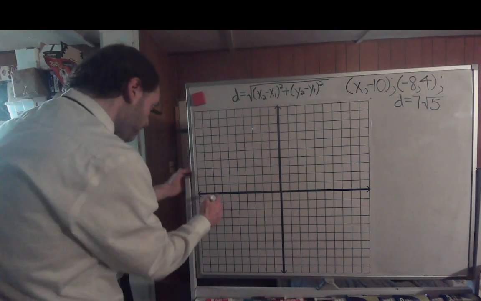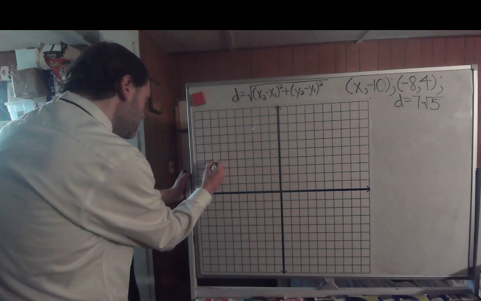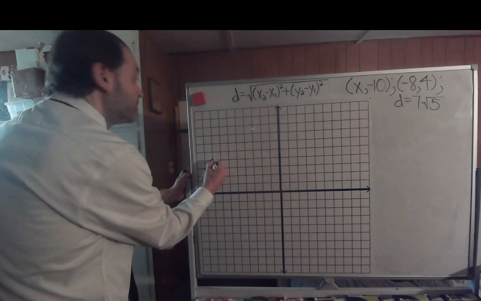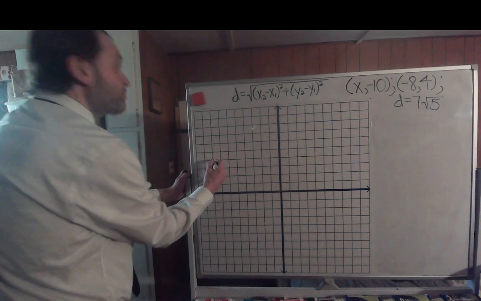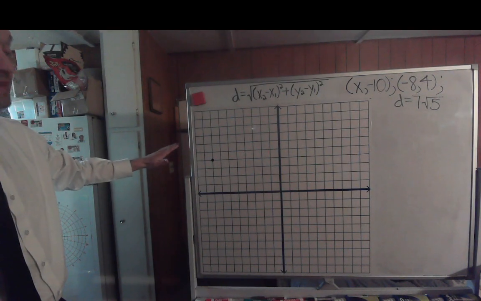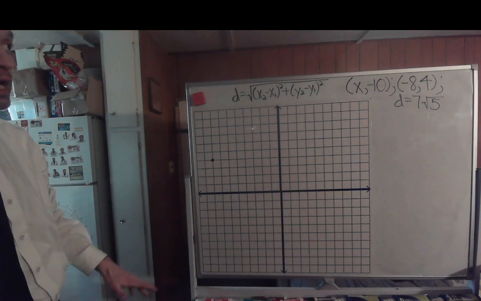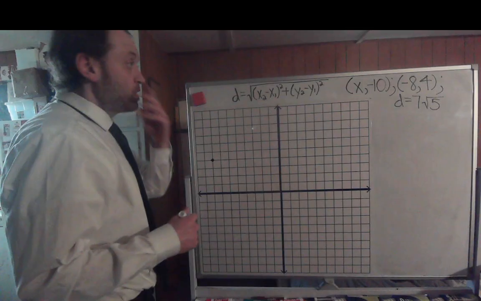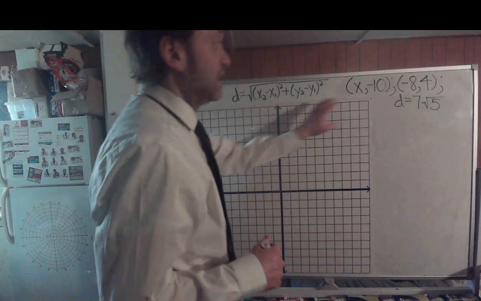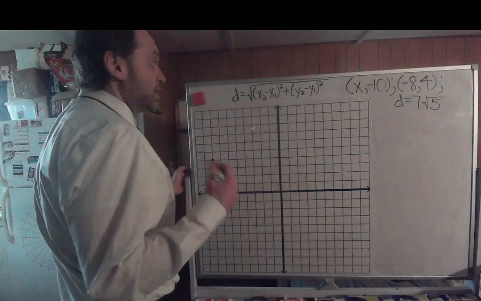Well, let's plot negative 8, 4. 2, 3, 4. There's negative 8, 4 right there. So I know one of these x's is definitely going to be off the chart. It's going to be outside of the graph, but that's okay. So let's go ahead, set up our distance formula with these points, and then we'll set that equal to 7 times the square root of 5. Okay, so